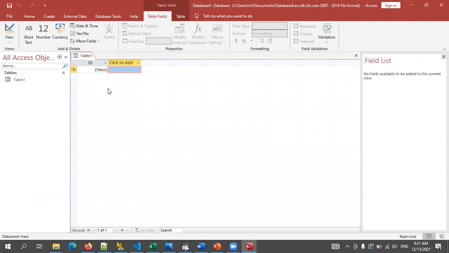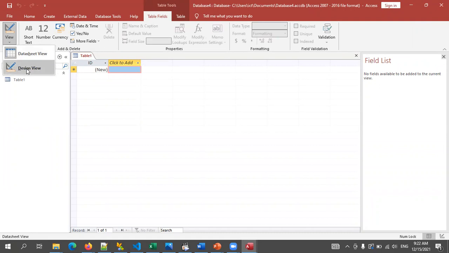In Access, there are two views. You can see here, this is very important actually, datasheet view and design view. Now we are seeing the datasheet view, because in this view we can manipulate data. We can enter data, we can edit them, we can delete them. We can use this interface to add, delete, update data.